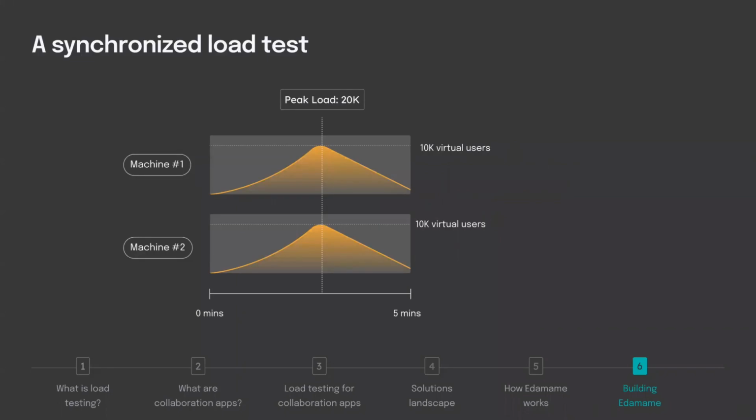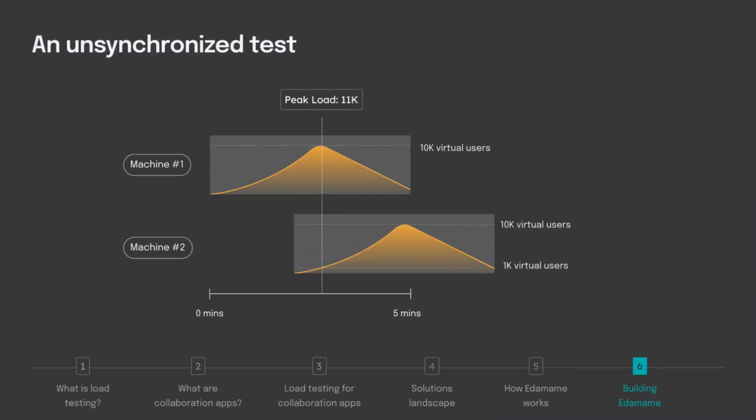So here's what a synchronized load test looks like. As you can see here, we have two machines that are running a 5-minute load test. Each of these machines is scaling up to 10K virtual users, and together they're going to hit a peak load of 20K virtual users. However, if for some reason the load tests on different machines are not synchronized, we're going